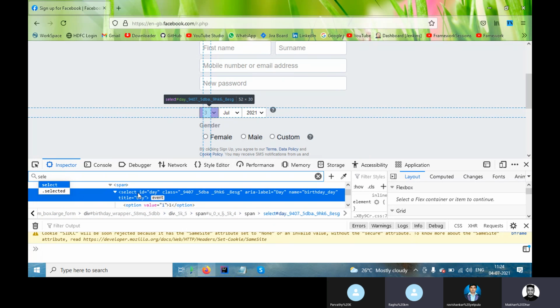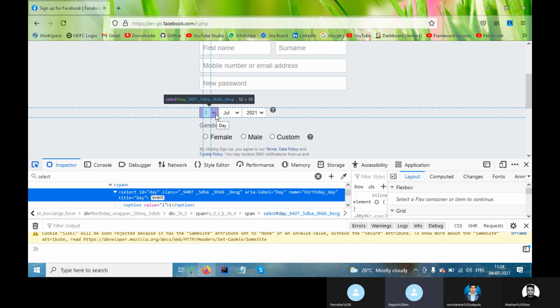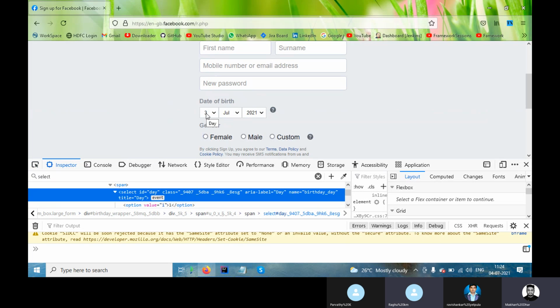So I type select. One second, sorry to interrupt you. Now we selected, right? There is a green and a purple color. The purple color is the one you selected, right? You have to click on this drop down option, the purple one. 3 is also selected, in green color, so it's showing both below. It's okay. Basically your cursor should be on the drop down part, not here. Anyway, this is the same element only.